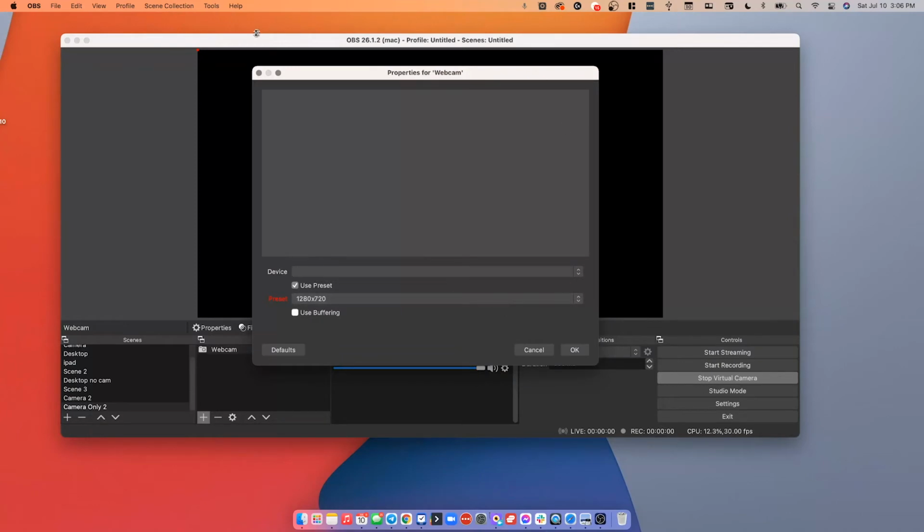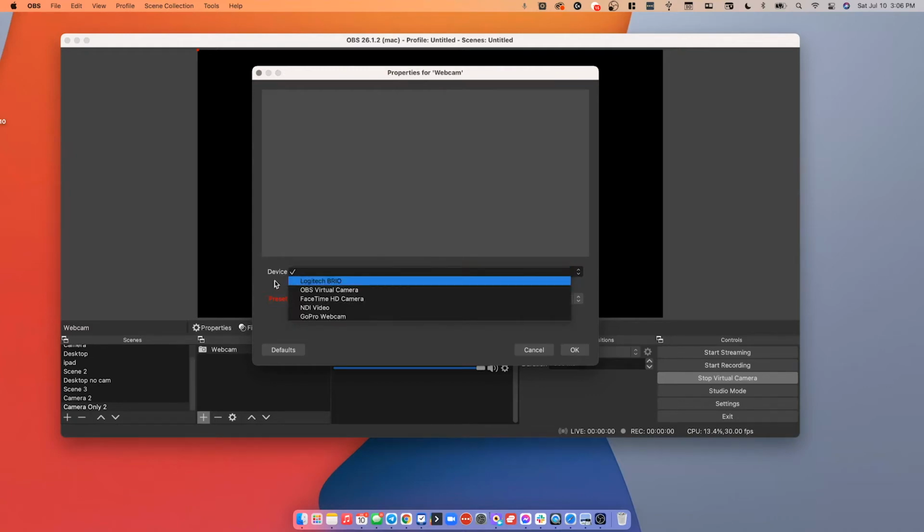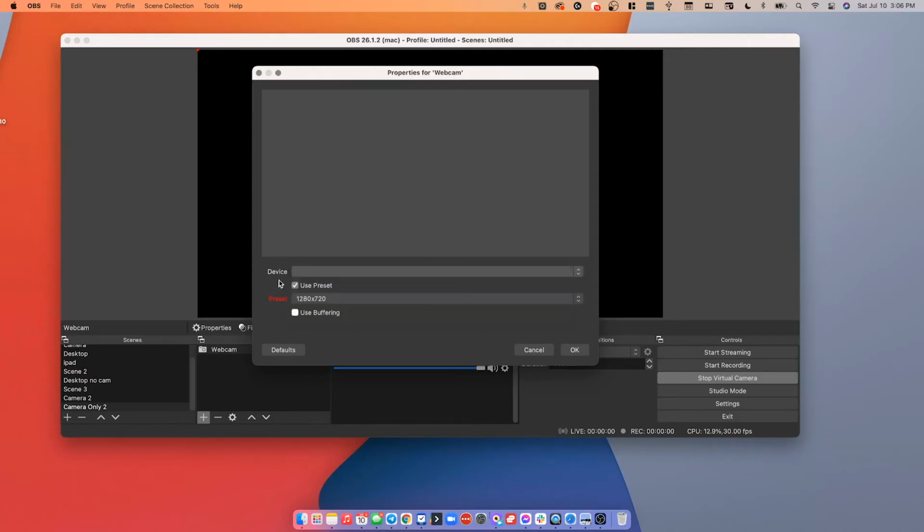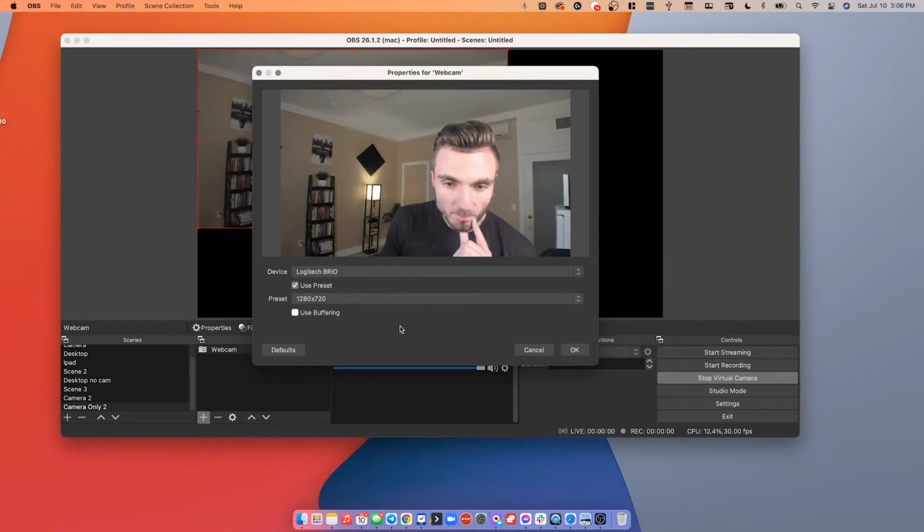Now it's going to pull up this screen right here. What you're going to want to do is select your device from the drop down itself. You can see I have the Logitech Brio webcam, so this is what's going to show up for me. Whatever device you have, I've also used my GoPro before. If you want to use the stock camera within your laptop, you can use that. But whatever webcam you have plugged into your computer, this will show up here under devices. So I'll select my Logitech Brio webcam, and now you see me pop up right here as I record this